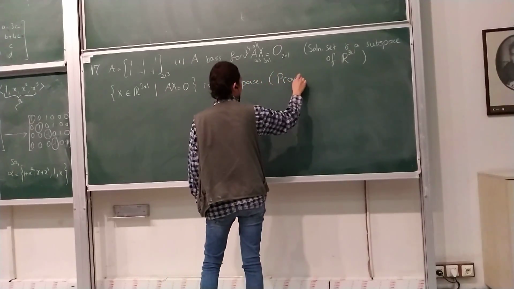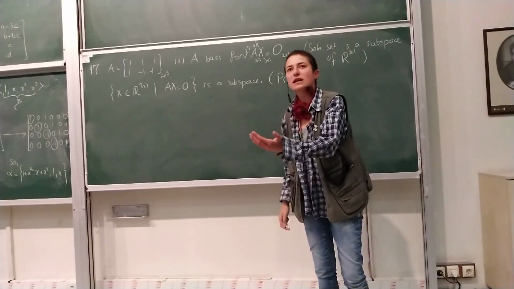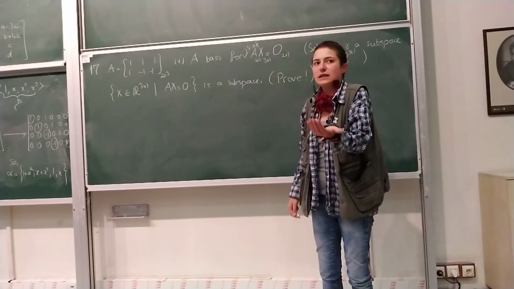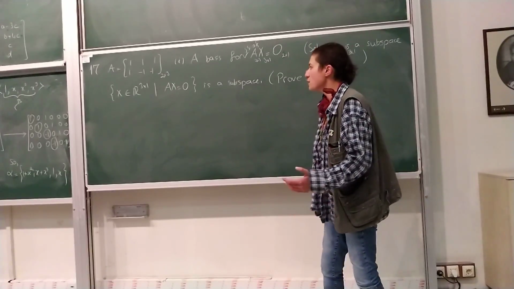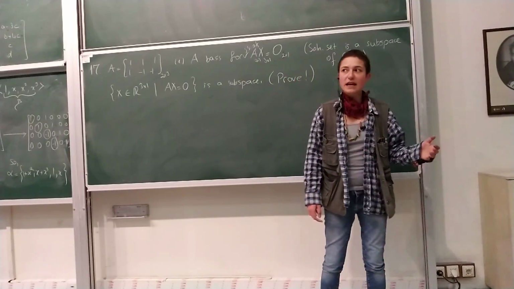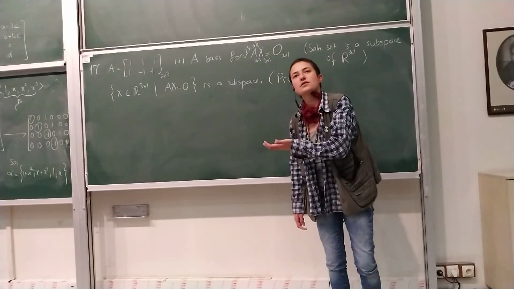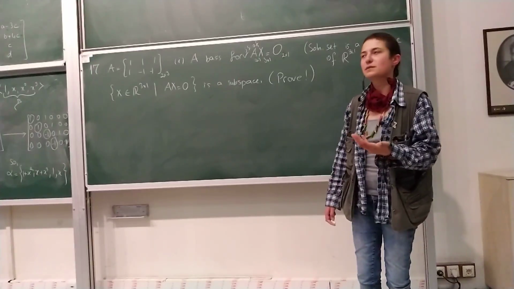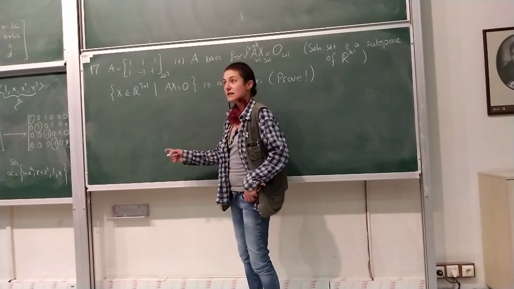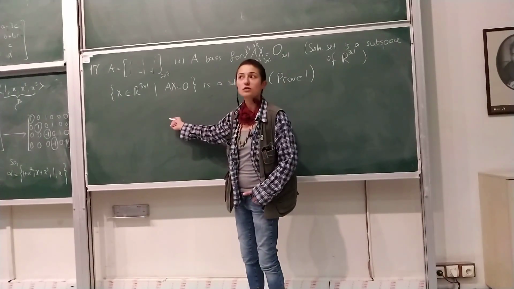Good. How can you prove it? If you multiply A by X and you get 0, if you multiply A by C times X, you get 0. If AX equals 0 and AY equals 0, since matrix multiplication distributes over matrix addition, A times (X plus Y) is 0. That's it. So this is a subspace. It is not empty, obviously, because if you take X to be 0, 0, 0, it is a solution,